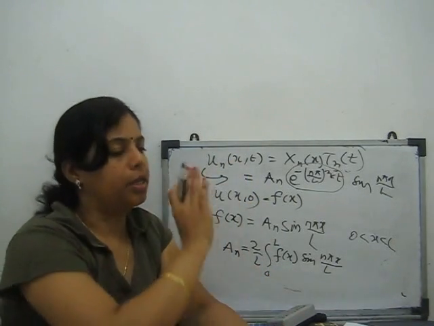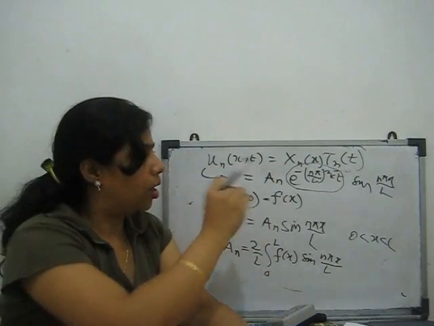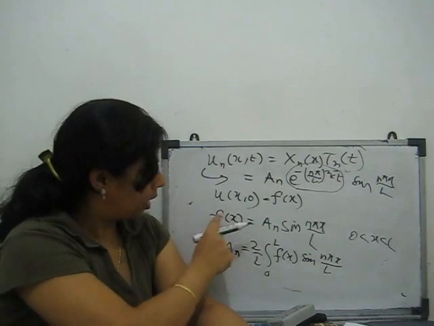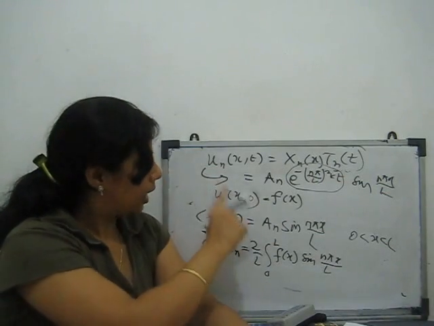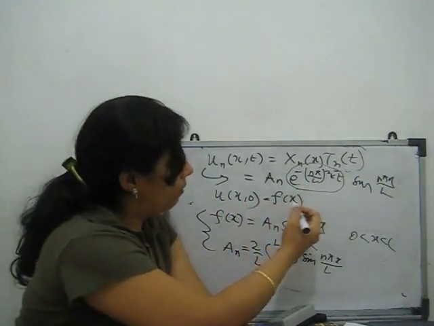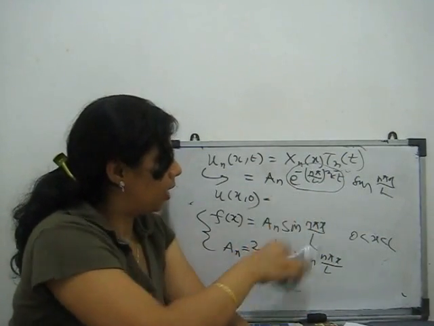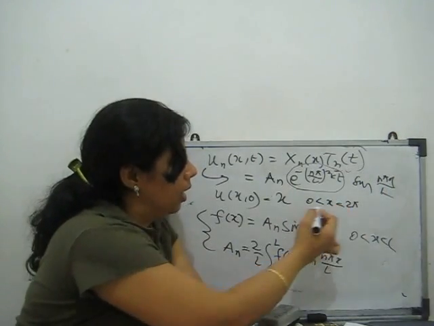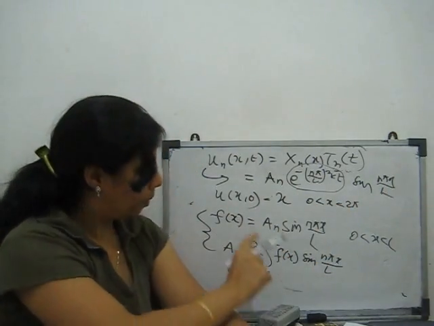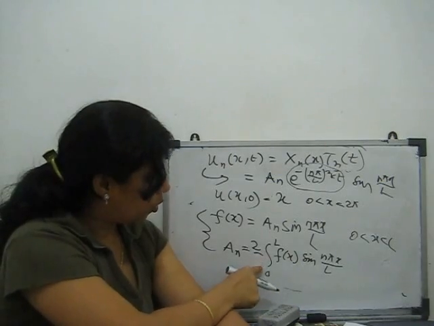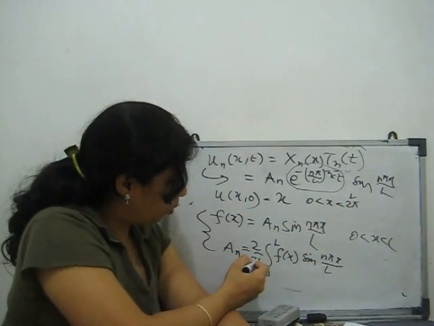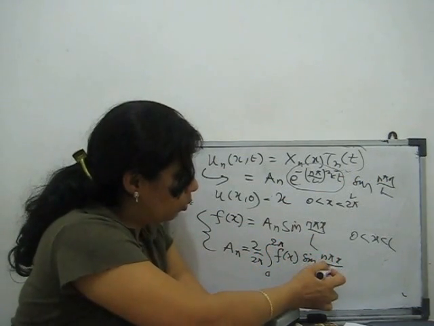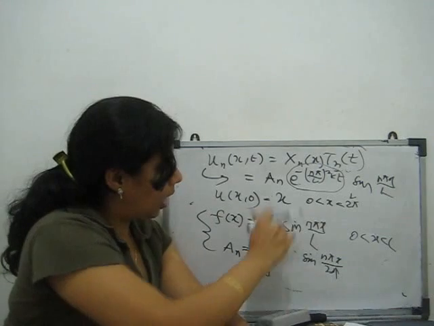Finding the value of this and substituting it there, we can get the required solution of the one dimension heat equation. Now I show you a very small example of how to solve this. We start from here, this f(x). If they give you u(x,0), f(x) is x, where x goes from 0 to 2 pi. I substitute here, which means this L is 2 pi, 0 to 2 pi, and f(x) is x.